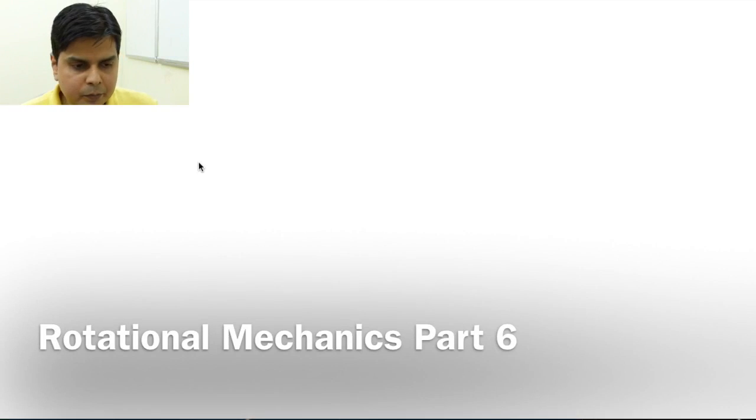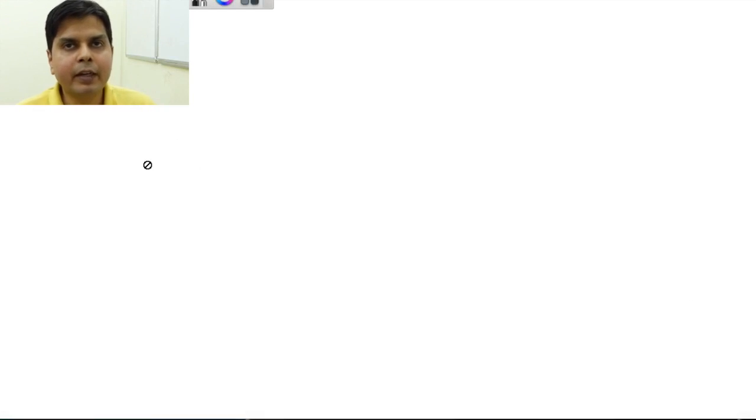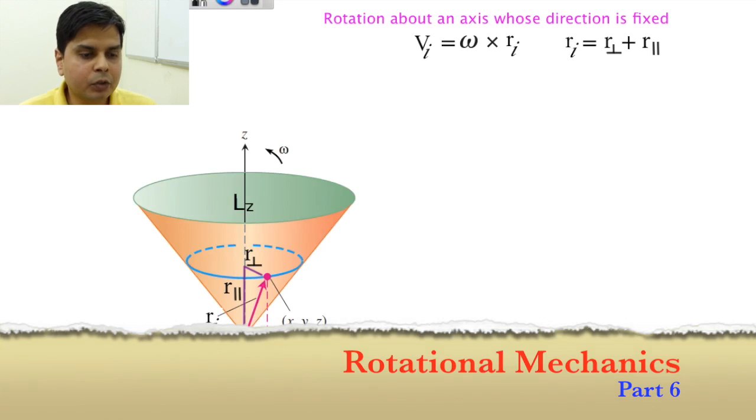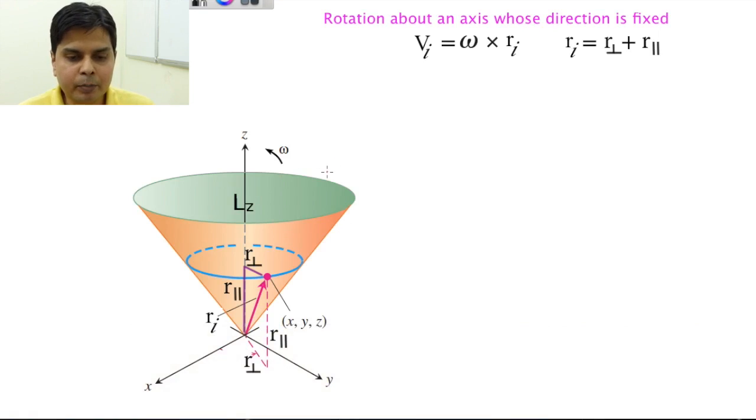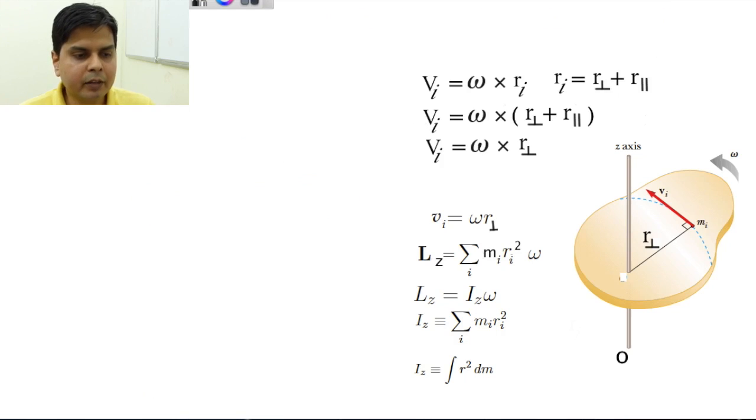So in the last part of the lecture we had seen how to find moment of inertia, and before that we had seen how to find angular momentum of an arbitrary shaped body which is rotating about an axis, and that axis may be moving, it may be fixed. The only assumption we had taken was that the axis direction should be fixed. We had solved this problem using this thing. Then after that we had shown that the velocity will be like this.